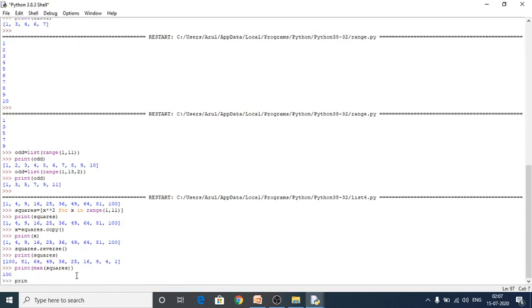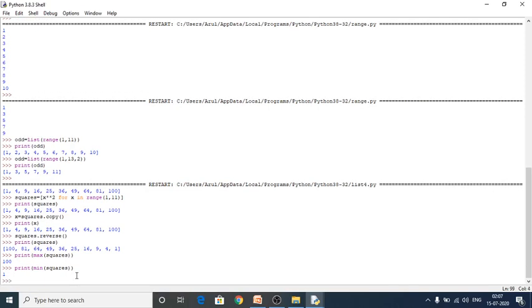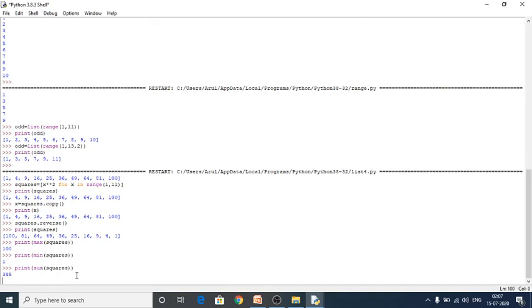Next, for printing the minimum value, print min squares. 1 is the minimum value. Next, print sum squares. Yes, this is my added values of 100, 81, 64, 49, 36, 25, 16, 9, 4 and 1. This is the use of the max, min and sum functions.